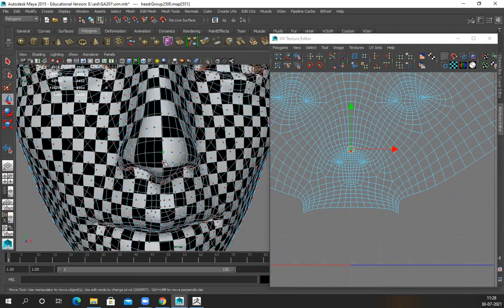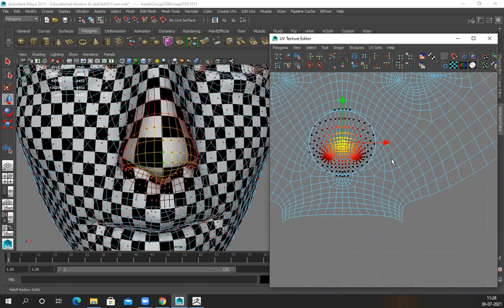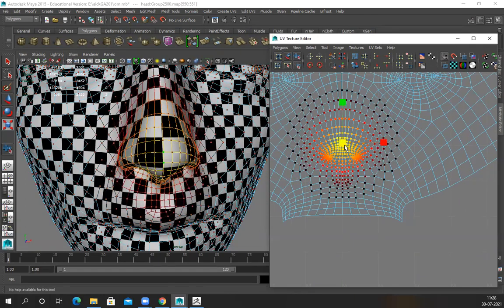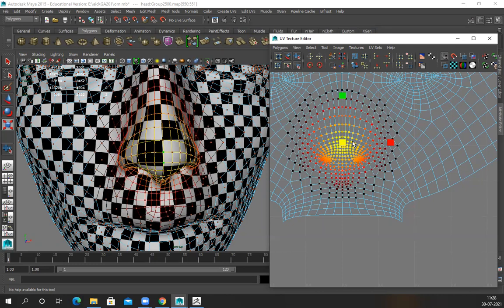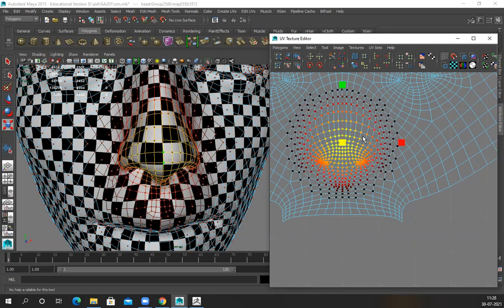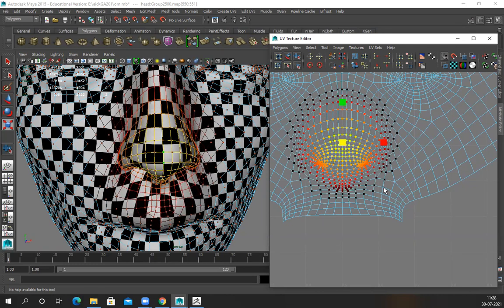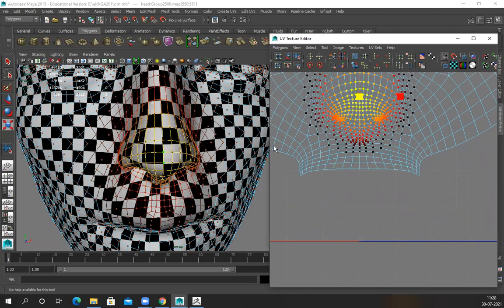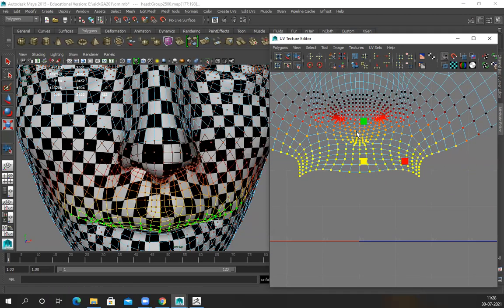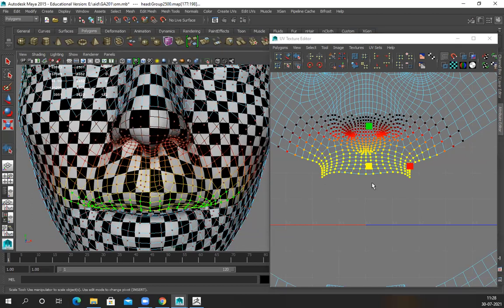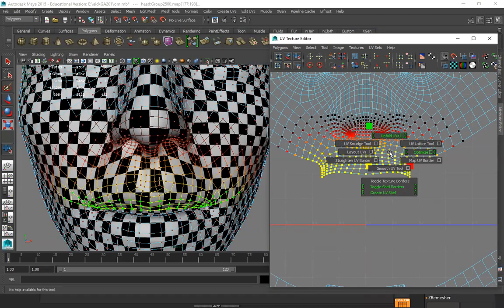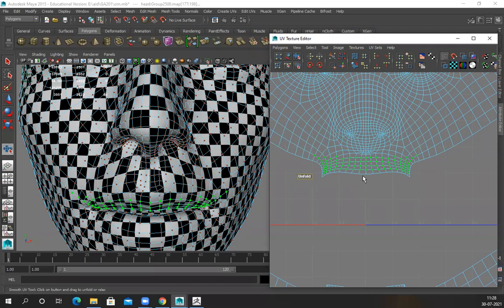I select the center part of this, use soft selection, and scale it. Then I unfold this part again, so the stretch and all this will get fixed.